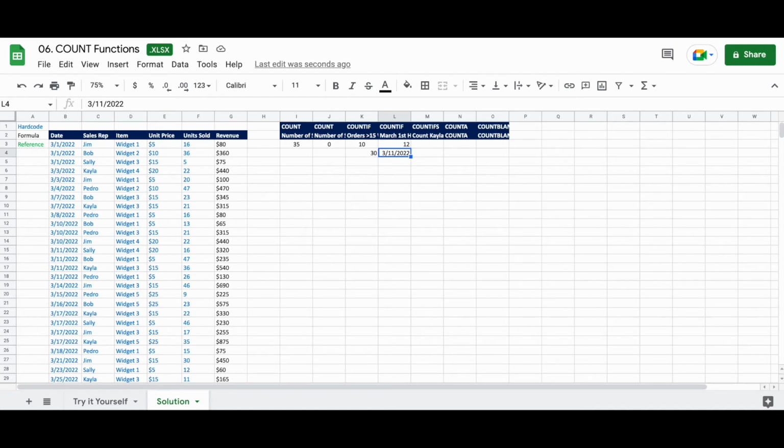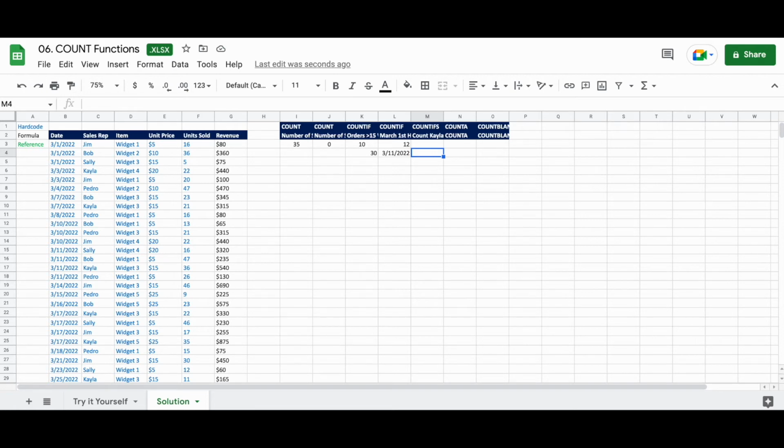Okay, so now we're going to move on to COUNTIFs. As we mentioned earlier, our preference is to always use COUNTIFs instead of COUNTIF, and now we're going to talk through why. If we think back to a few minutes ago, COUNTIF in words is equals COUNTIF, open parentheses, the range you want to look at, comma, the condition that range should meet, close parentheses.